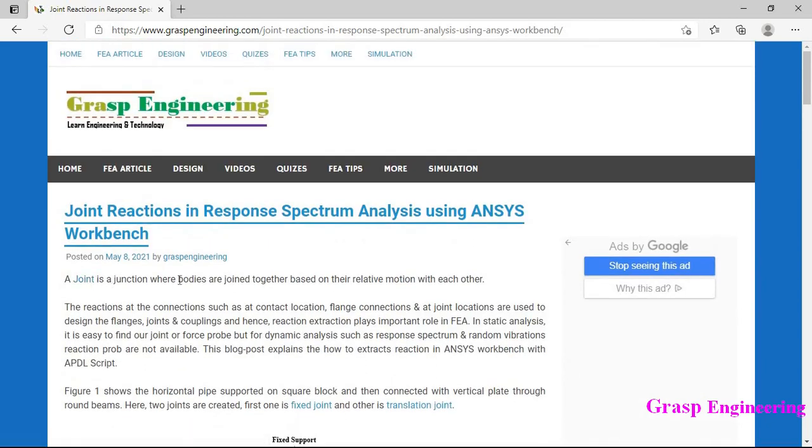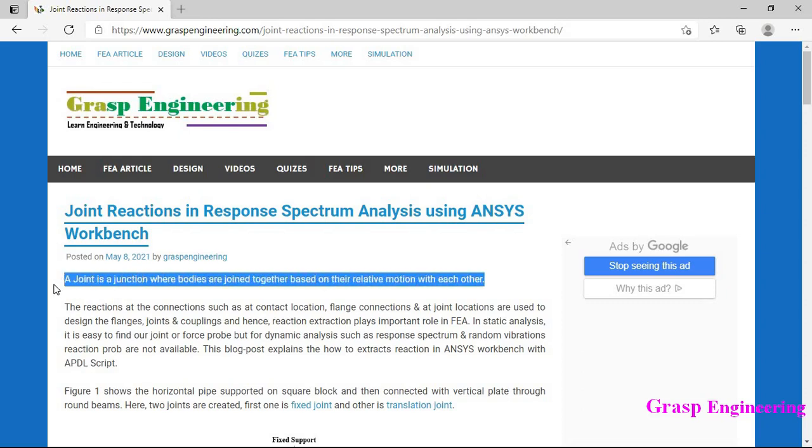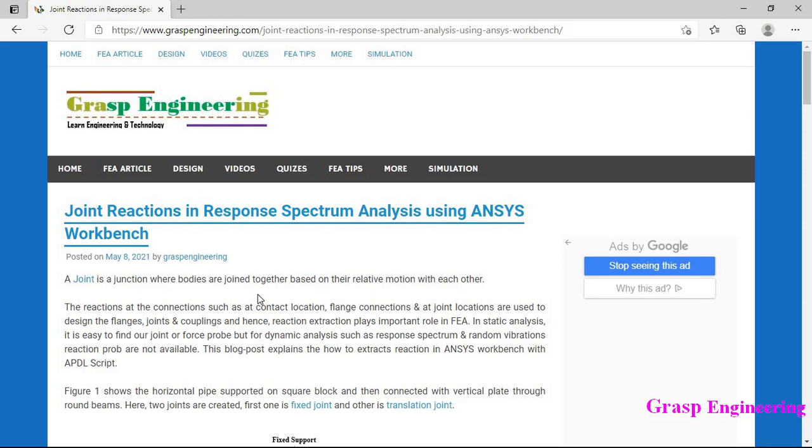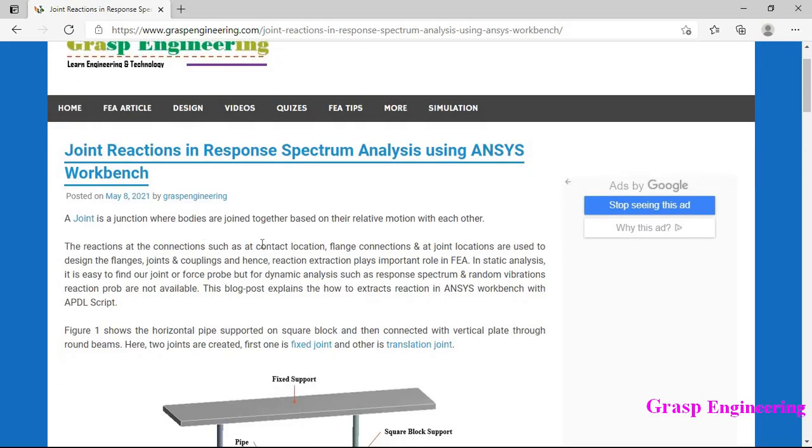A joint is a junction where bodies are joined together based on their relative motions with respect to each other. It is basically the same as defining contact connections, only in the case of a joint we can define the relative motion between the bodies. The reactions at connections such as contact locations, flange locations, and joint locations are used to design the flanges, joints and couplings, and hence reaction extraction plays an important role in finite element analysis.